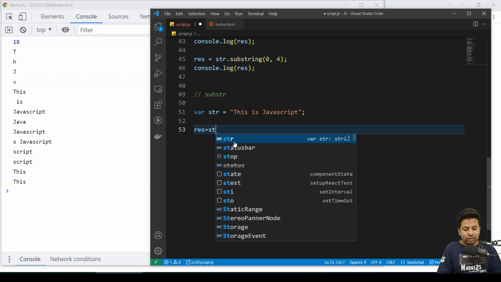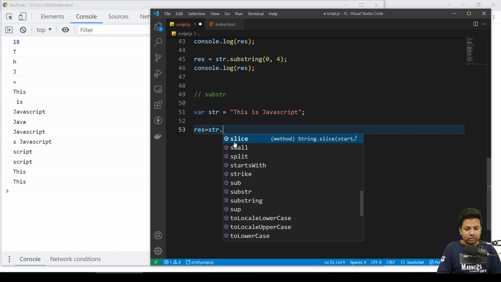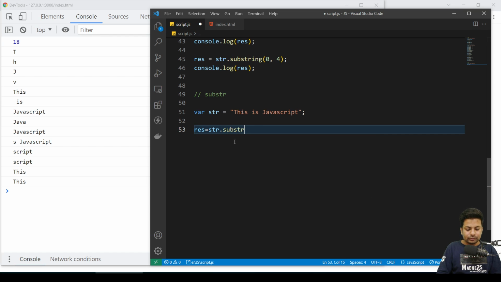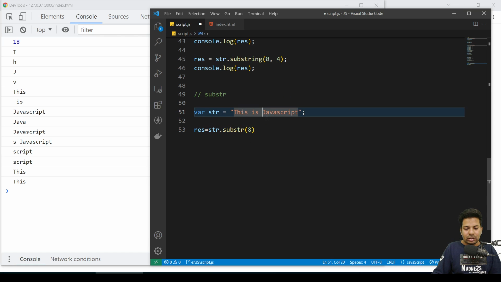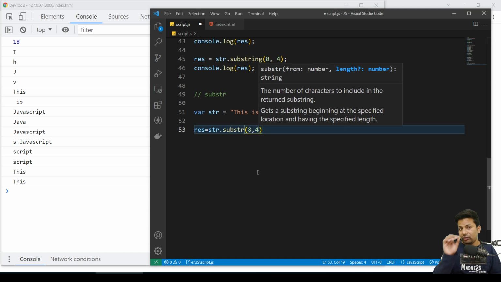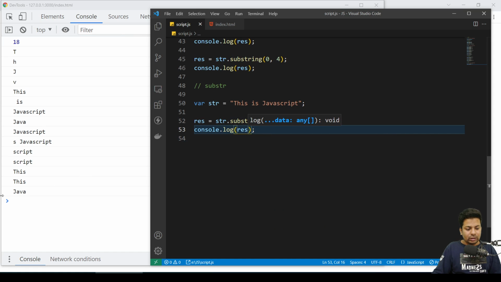Res equals to str.substr. I say from the eighth, from here, give me 4 words. So I'll just add 4. It's like how many words you need starting from that particular point. Console.log. Yes, it gave me Java. See how I say start from 8th one and give me 4 words only.